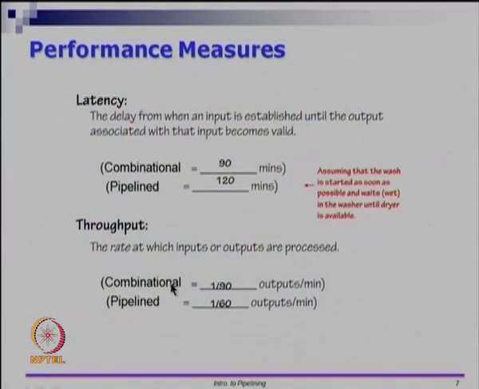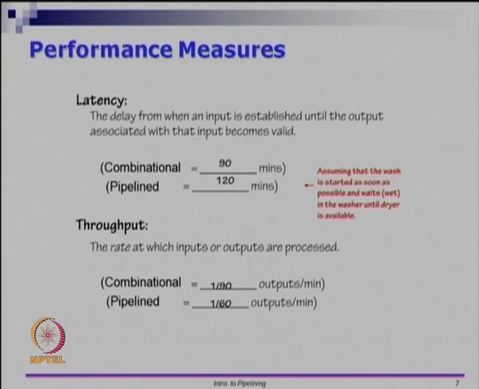For the combinational setup, once every 90 minutes you get an output. You wash and you dry, and once every 90 minutes you get a load. So, the combinational throughput is 1 over 90 outputs per minute. On a per minute basis, 1 by 90 loads are getting done every minute. Even though it takes 90 minutes to produce the first load, it is just a rate. The rate at which the loads are processed is 1 over 90 outputs per minute,